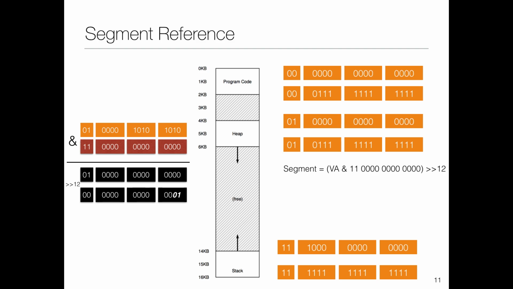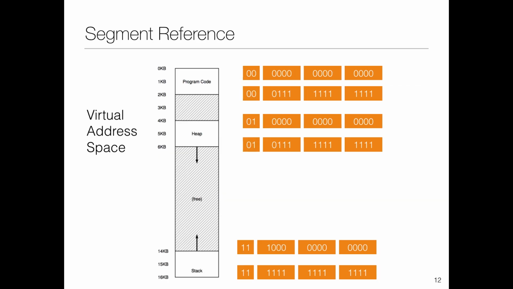Yeah, so this question has been asked, like everyone is asking the same question. In this particular example, you could get away with it, but maybe there's a case that there are additional bits to the AND. In this particular case, you could just do a right shift by 12 to get the same answer. So in this particular case, the segment is a heap segment.